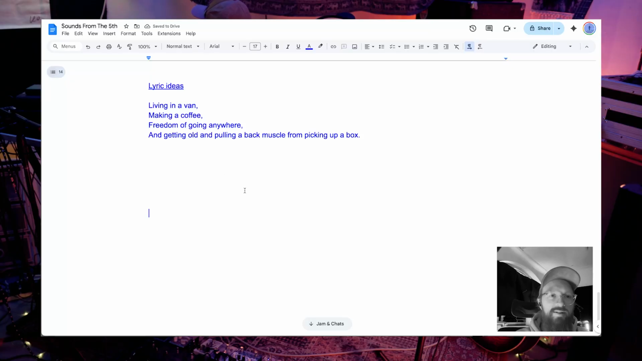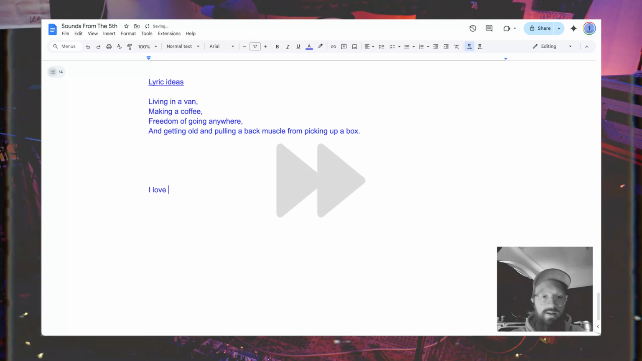So first we need to figure out what kind of rhythm we want to do. So I'm thinking da, da, da, da, da, da. So maybe we're looking at 6 syllables. So we've got our lyric ideas: living in a van, making a coffee, freedom of going anywhere, and getting old and pulling a back muscle from picking up a box. So let's say,